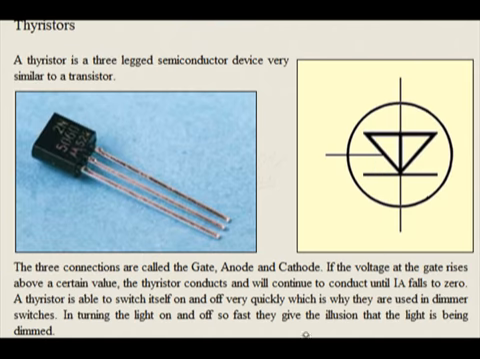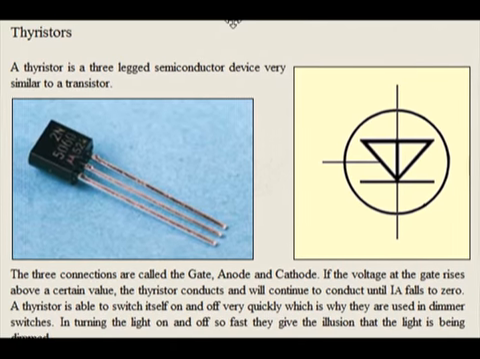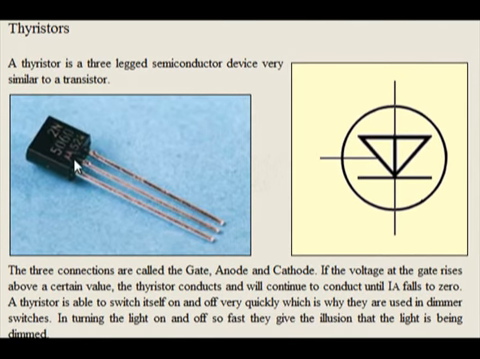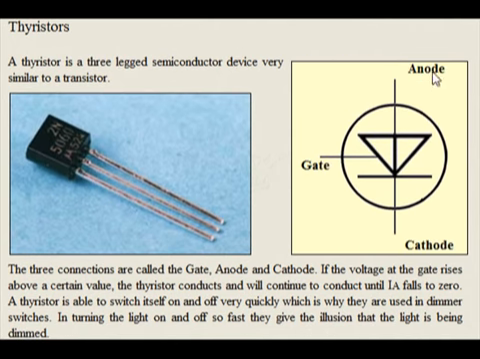Thyristors. A thyristor is a three-legged semiconductor device very similar to a transistor. The three connections are called the gate, anode, and cathode. If the voltage at the gate rises above a certain value, the thyristor conducts and will continue to conduct until